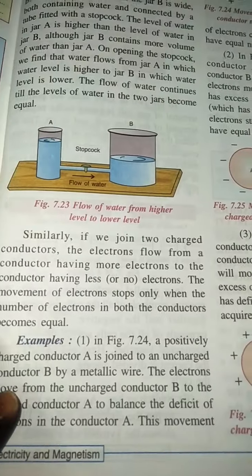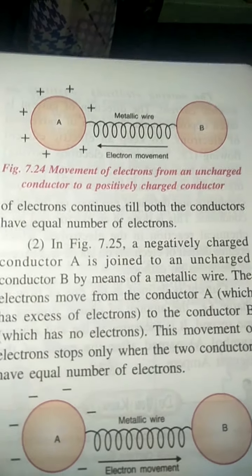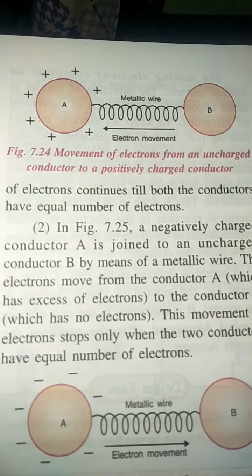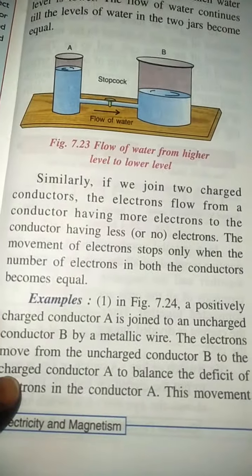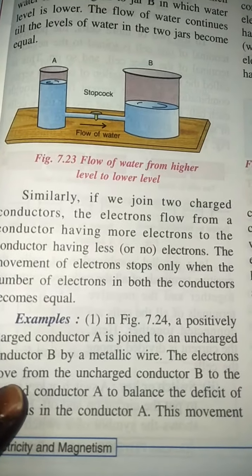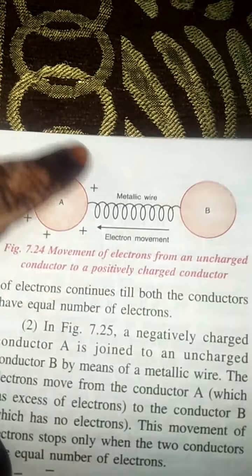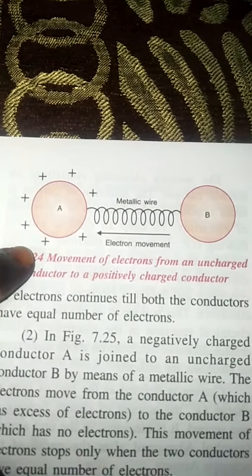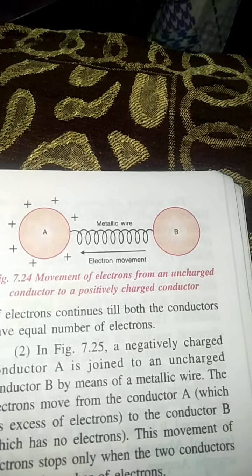Now one example is given here in figure 7.24. Can you see this figure, children? Figure 7.24: Movement of electrons from an uncharged conductor to a positively charged conductor. Now a positively charged conductor A is joined to an uncharged conductor B by a metallic wire. Conductor A has positive charge, and it is joined to conductor B, which is uncharged, having no charge on it,